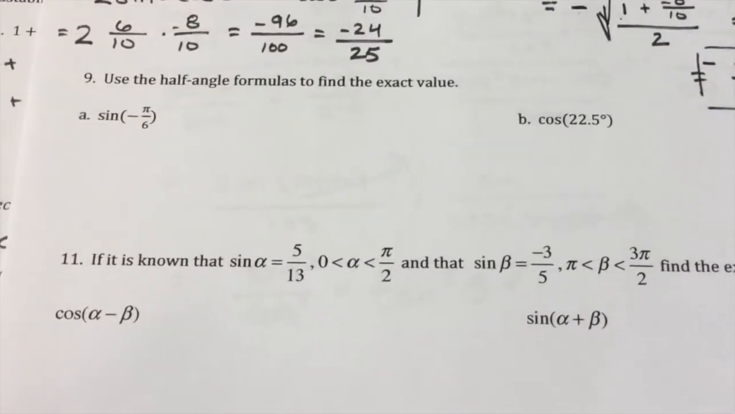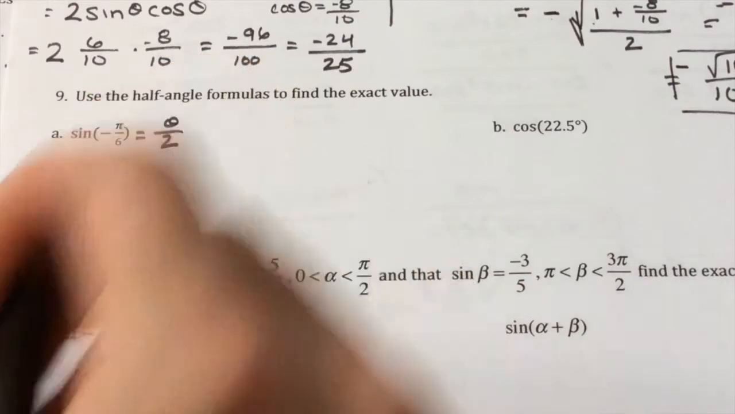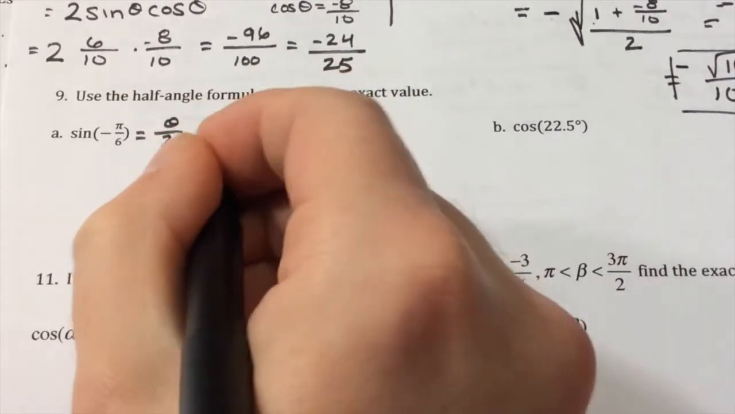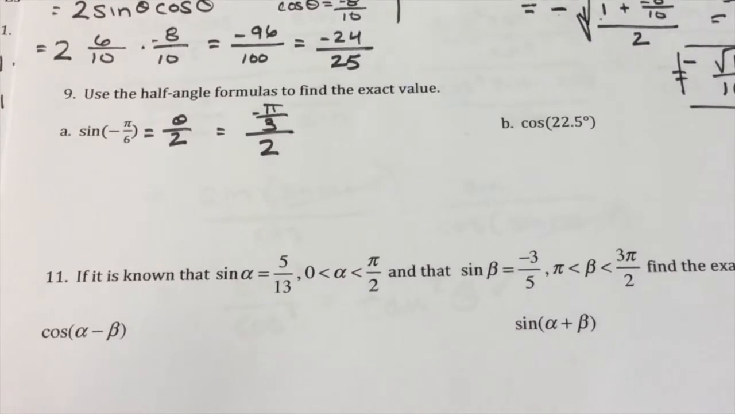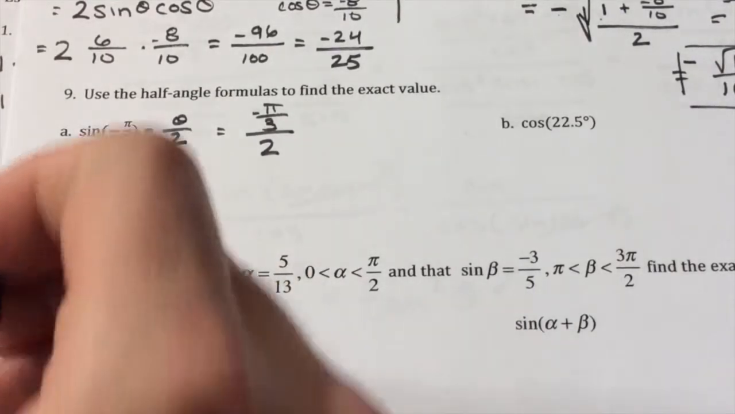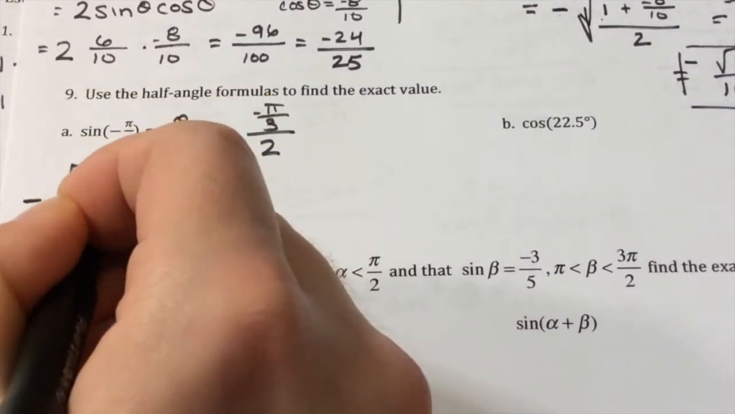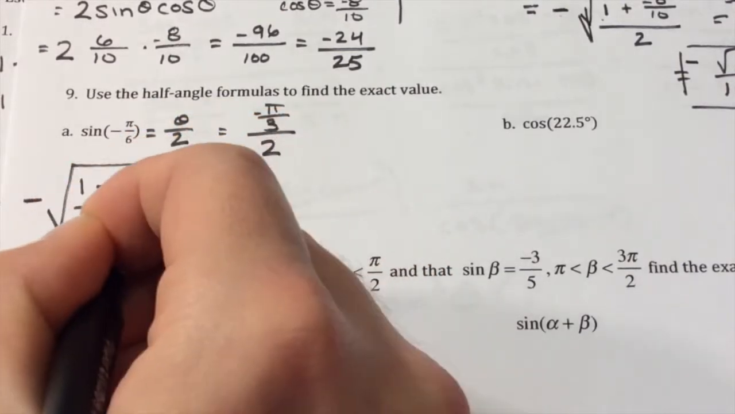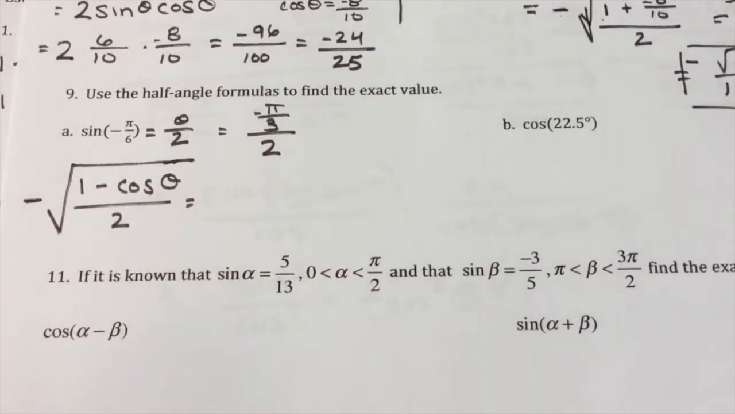Moving on. Use the half angle formulas to find the exact value. So we need to know what theta over 2 is. So what's half? Negative pi over 6 is half of negative pi over 3. So sine, if we have a negative angle, is going to be negative. So this is going to be the negative square root of 1 minus cosine of theta all over 2. So cosine of theta is negative pi over 3. So cosine of negative pi over 3 is